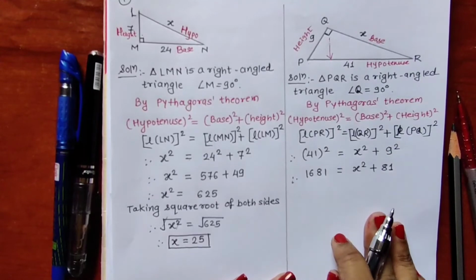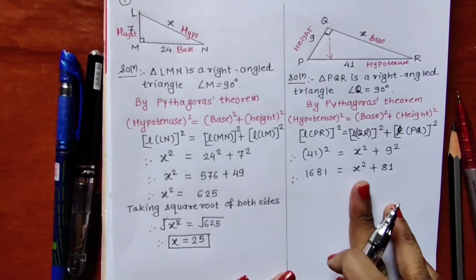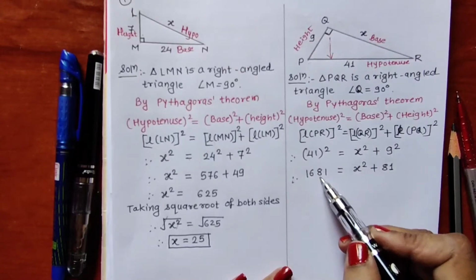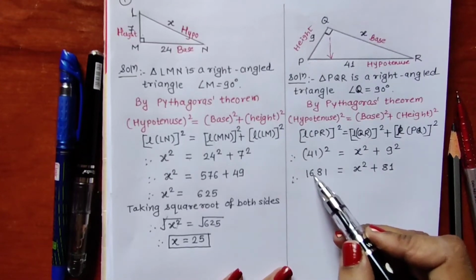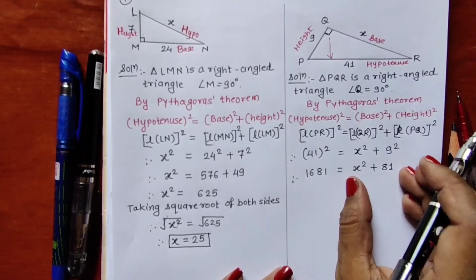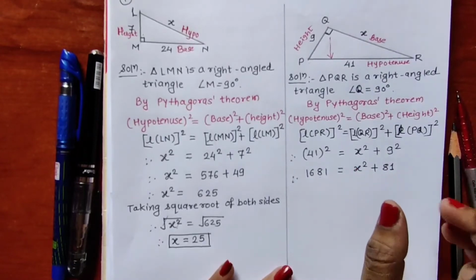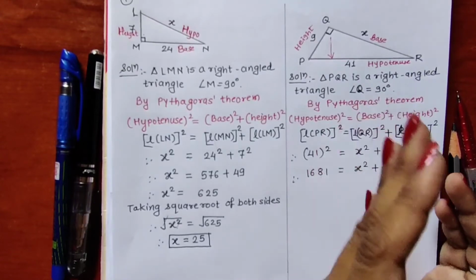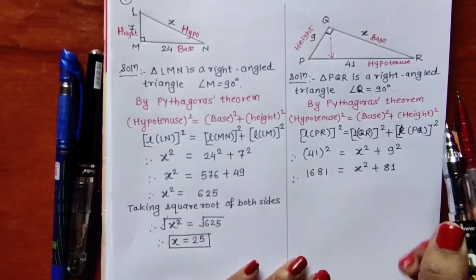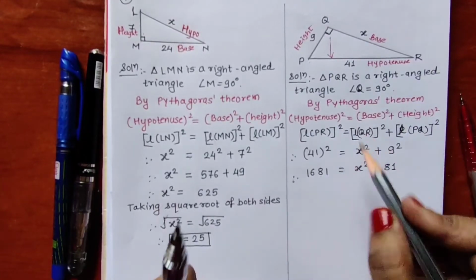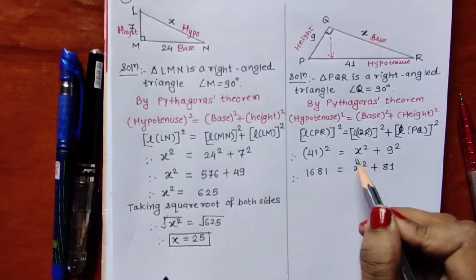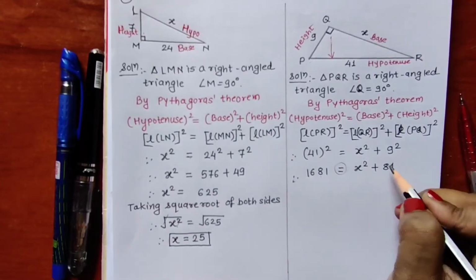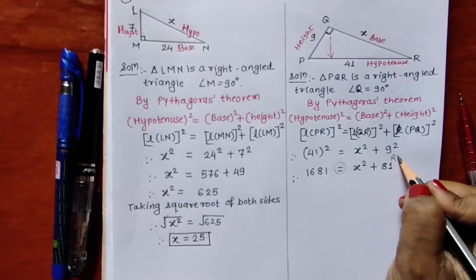Now what should be done to get the square value for x? This plus 81 should be transferred to the left hand side, or we will be transferring this full term from left to right. That means we will exchange the side. We will write this on the right hand side of our equation. Which is the right hand side? Right hand side is the side which is at the right of the equal to sign. This is the equal to sign and this is the side which is at the right side, so it is known as the right hand side.